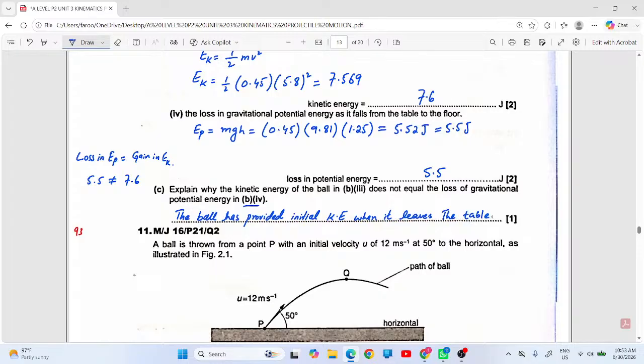The ball has provided initial kinetic energy means